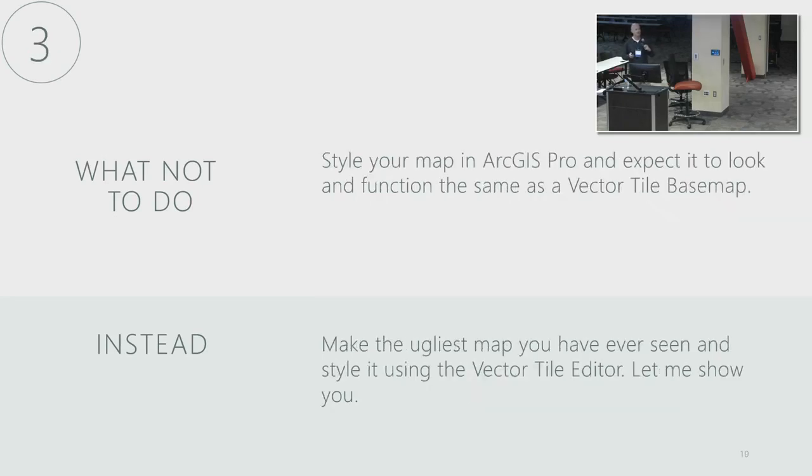This is a big one, and I have a screenshot for this. I thought I could just style it. I had all the data. I had the existing raster basemap. I'm like, oh, I'll just steal styles and recreate it. And now I have this ArcPro project that looks just like the ArcMap MXD, and I'll publish that.